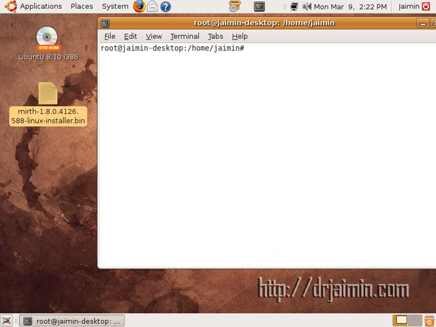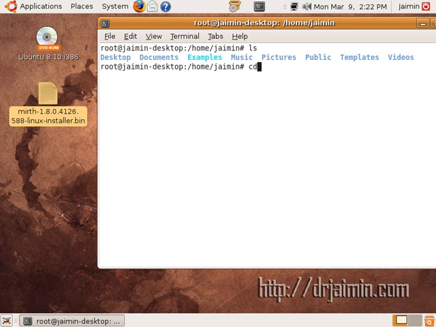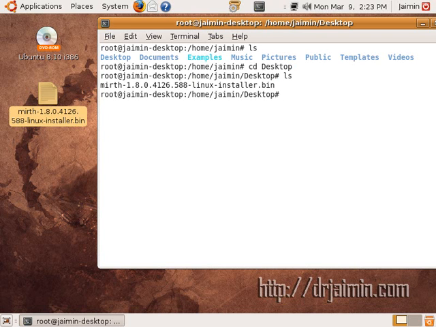ls is the command to list all the directories under a particular folder. So this is showing desktop, documents, examples, and all other directories. So I'm just going to copy the desktop directory. So cd desktop will bring the desktop, and then list is again showing me the Mirth file that you can